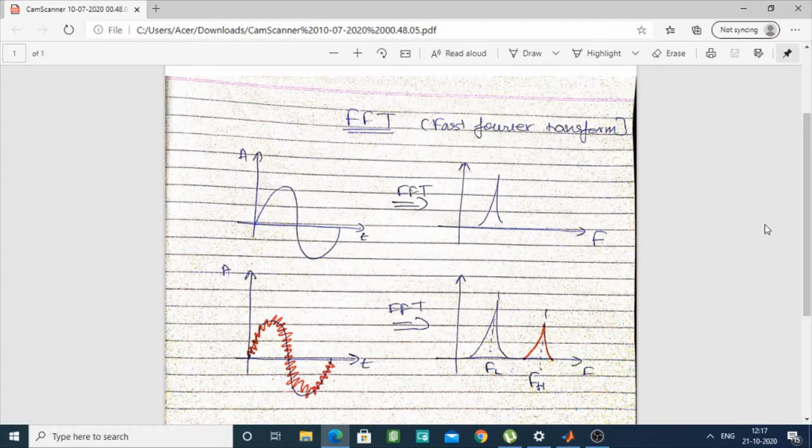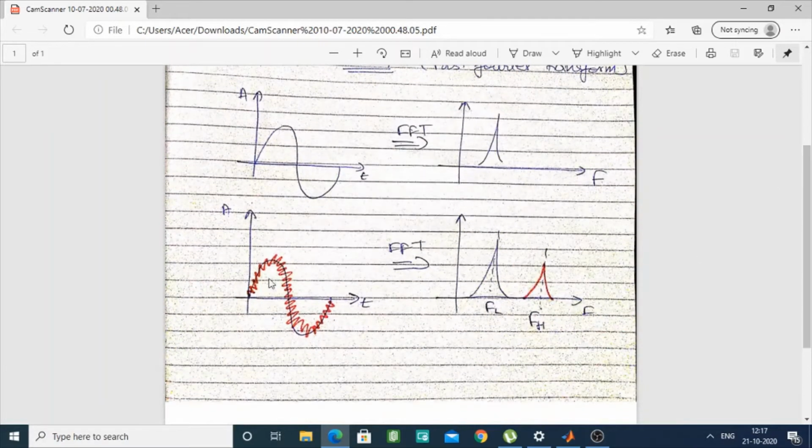a frequency domain signal. Here, I am taking a time domain sinusoidal signal which has time on its x-axis and amplitude on its y-axis. And suppose we want to know the frequency of the signal, then how do we do that? Then we use a fast Fourier transform and we get this frequency domain signal. You can see that one peak is visible, and you may ask why is there only one peak visible? This is because we are using only one frequency and therefore only one peak is visible.